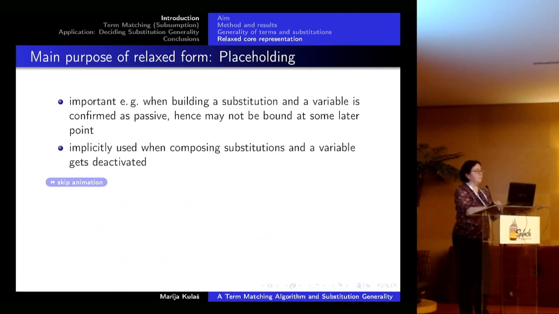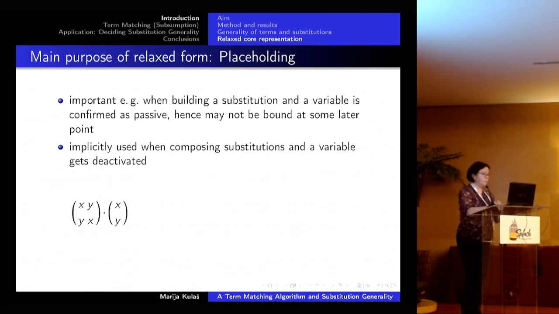that placeholding, which is enabled by relaxed form, is of vital importance when we build a substitution and the variable has been confirmed to be passive. Well, it is passive, but it is not free, so it may not be bound at some later point to something else. So looking at that, it's a bit surprising that relaxed form hasn't been introduced much earlier, because it is implicitly used like forever, because when we compose substitutions, like in this